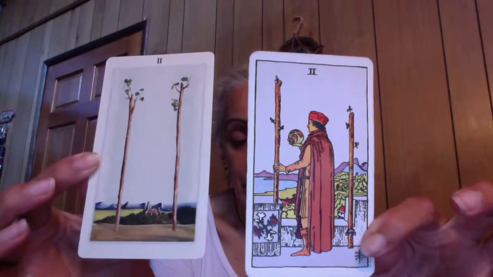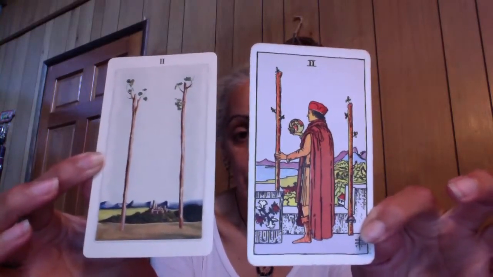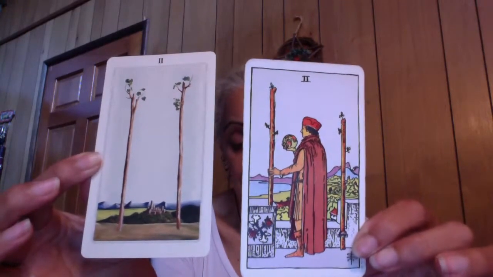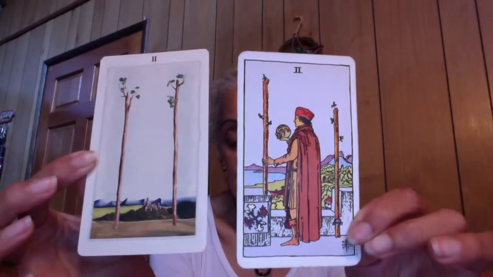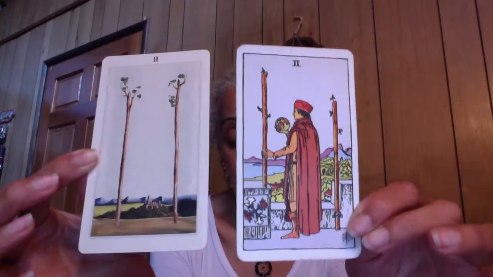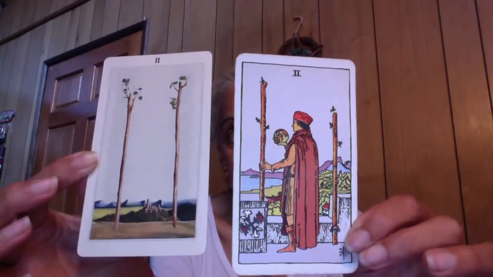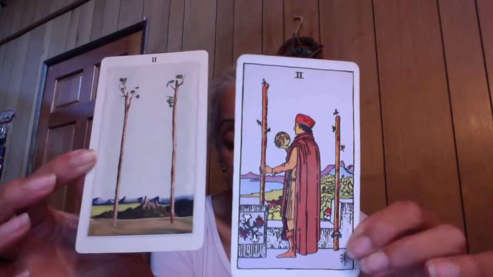So our Two of Wands. These are the dates, the decan dates, March 21st to 30th. This is 0 to 10 degrees, and this is Mars in Aries. Okay, so with that information right there,